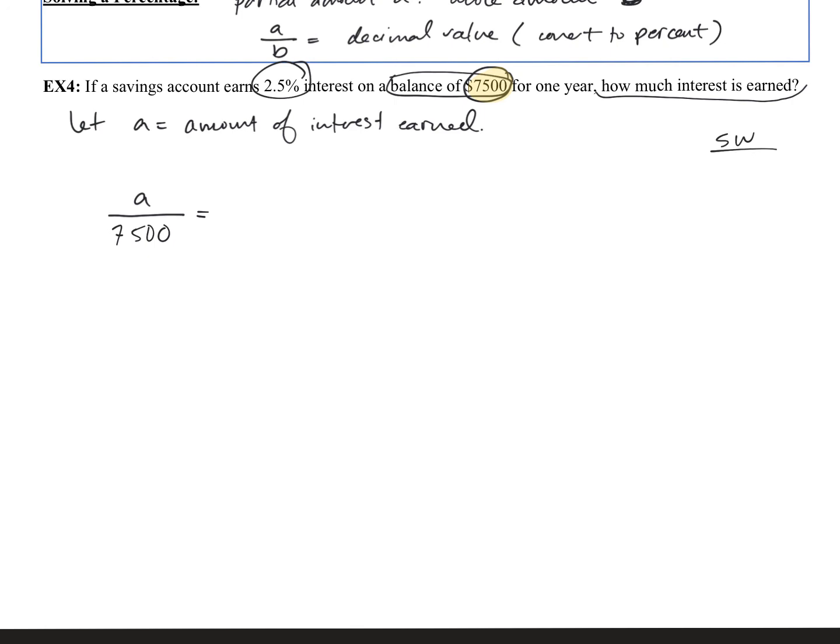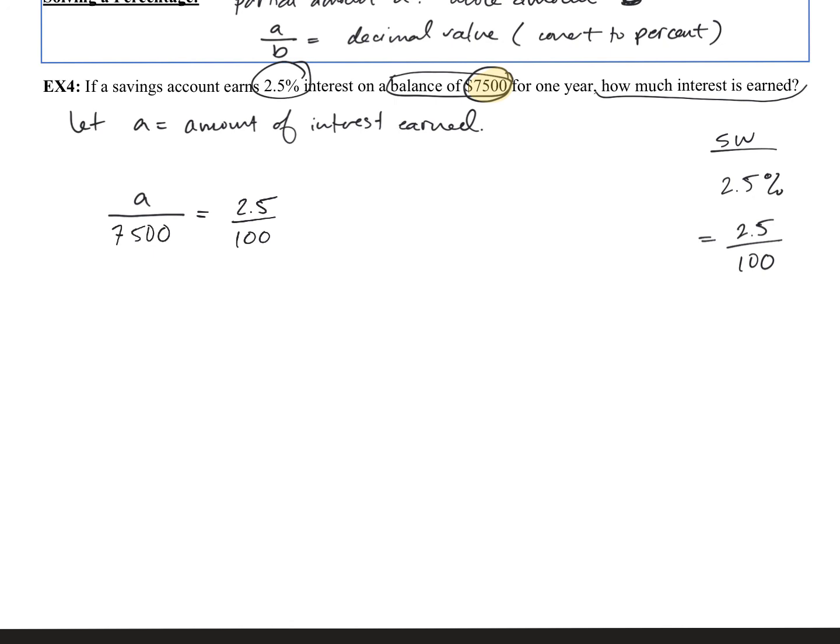I need to turn that into a full decimal or a fraction. So 2.5% rewritten as a fraction would be 2.5 over 100. And there we have our equation. So I have my let statement and my equation. Next thing I'm going to do is solve, and finally I'll write my sentence for my